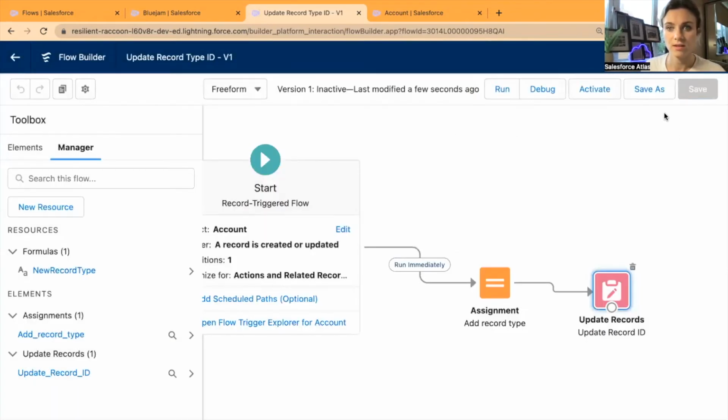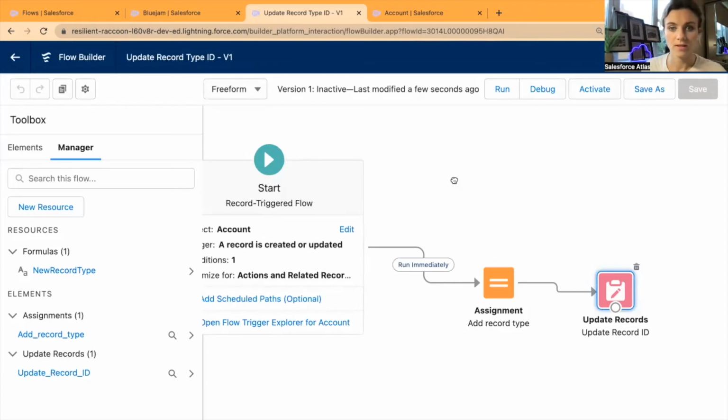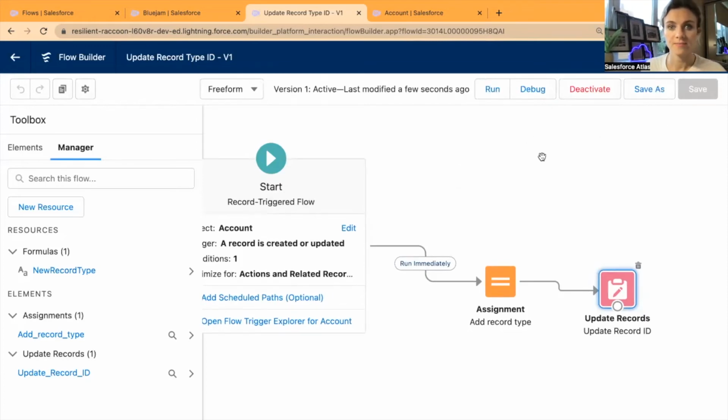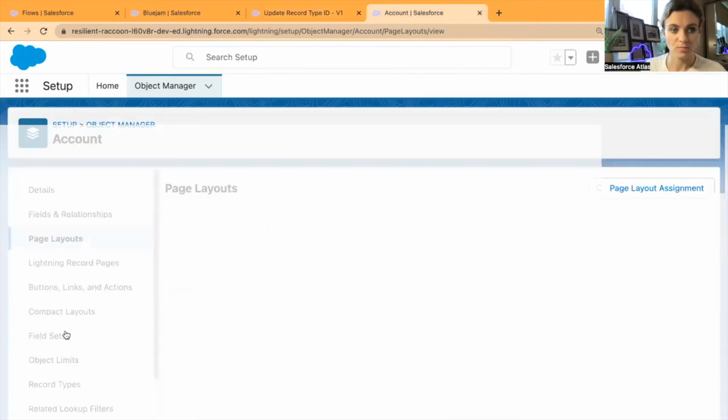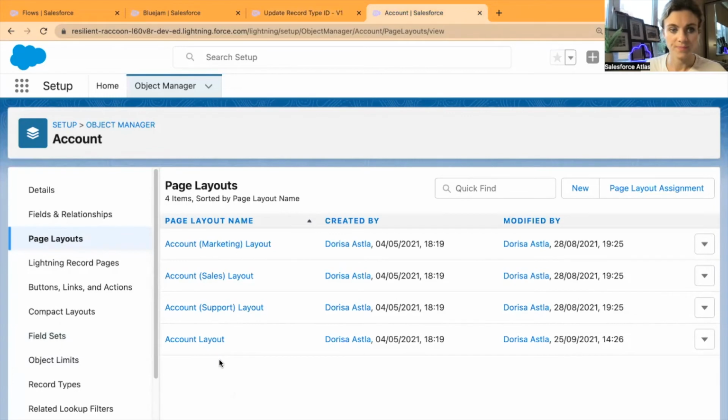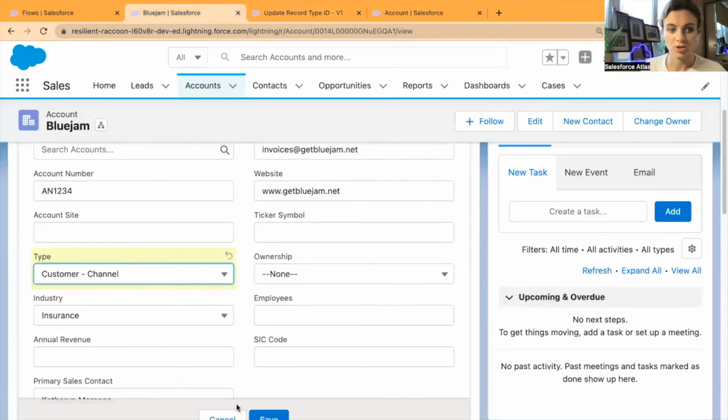Now this is done, and we can activate it. Let's activate it. And one more thing, let's go to page layouts, and I need to quickly check what page